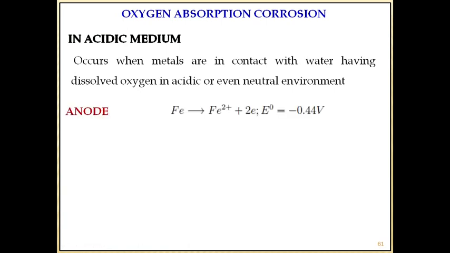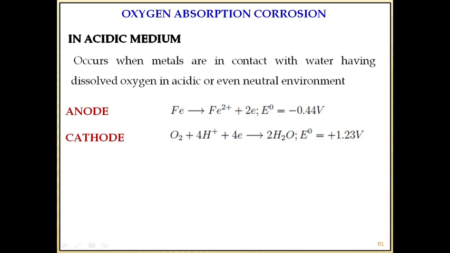So let's again take the example of iron. This is the reduction potential of iron, minus 0.44. And if you consider the reduction potential of oxygen electrode, it is plus 1.23. So iron has a potential of minus 0.44 and oxygen electrode plus 1.23. From these potential values, it is clear that iron has a lower potential and it will be acting as the anode. That means it is undergoing corrosion. Whenever the potential is low, it is acting as the anode and it is undergoing corrosion.